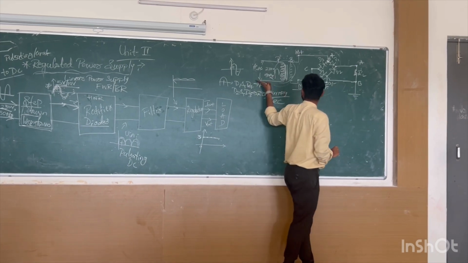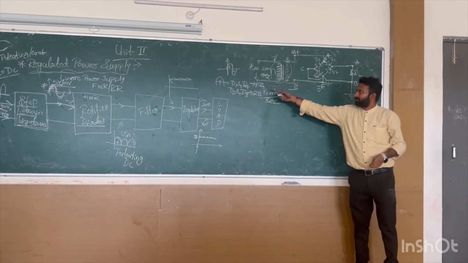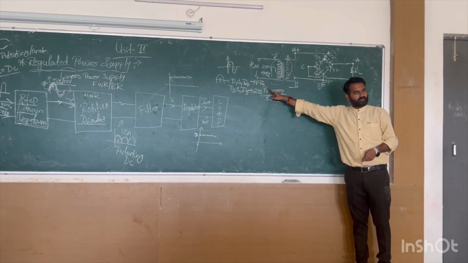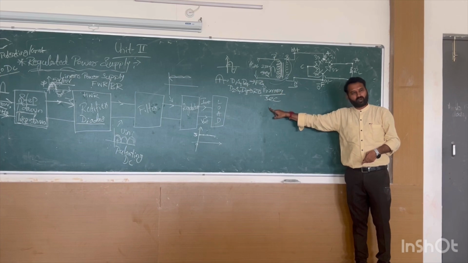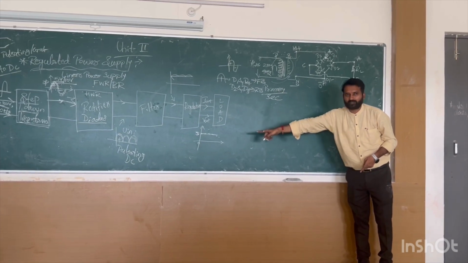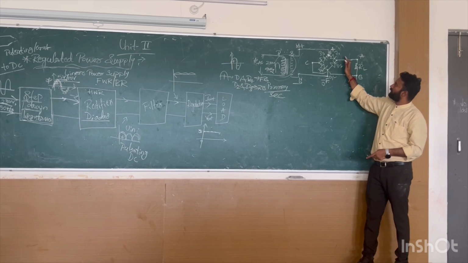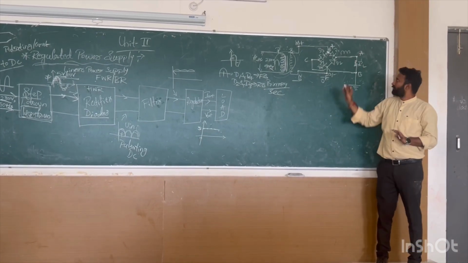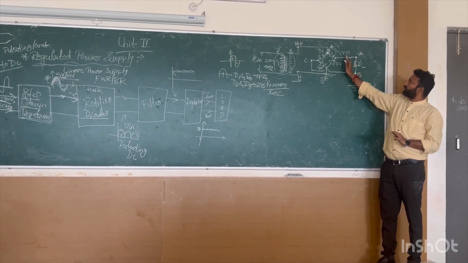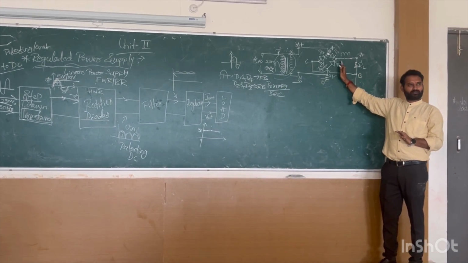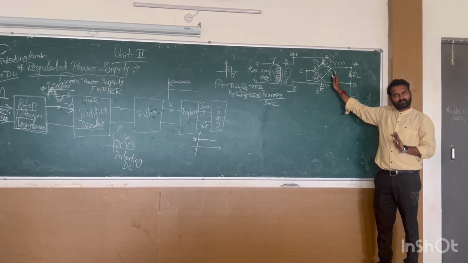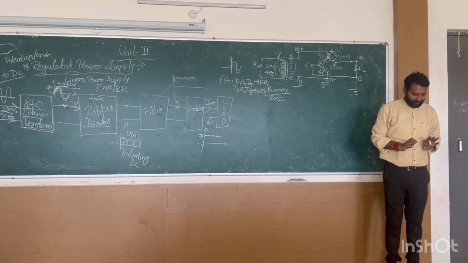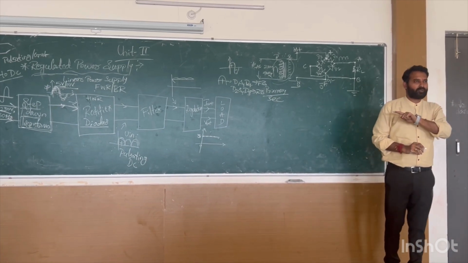If you apply a negative half cycle, what will happen? Vice versa of this. If you apply a negative half cycle, D1 and D4 will be under reverse bias, and D2 and D3 will be under forward bias. So you will get a positive half cycle at the rectifier output. Like this you will get. Understandable? I got this output at the output of the rectifier, which is a pulsating DC. Pulsating means constant. Clear? Understood up to here?